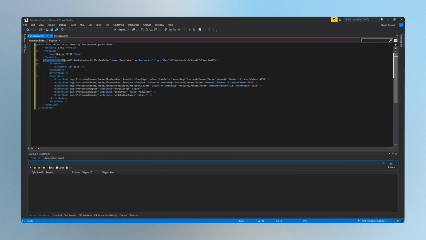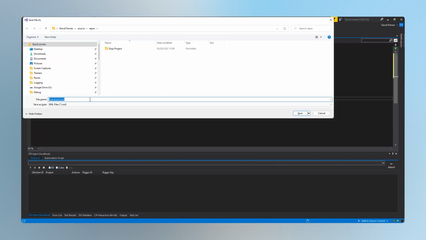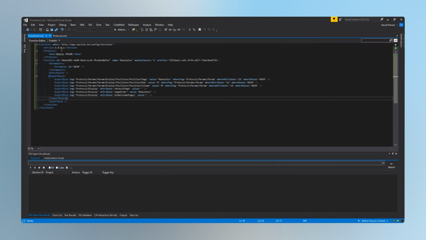And here we can find our function defined with a unique width and a unique profile. So this profile is the one that we created. We can also observe the parameters and the export rules that define the display of a parameter. So let's save this file and publish it on our DataMiner installation. Let's click Publish